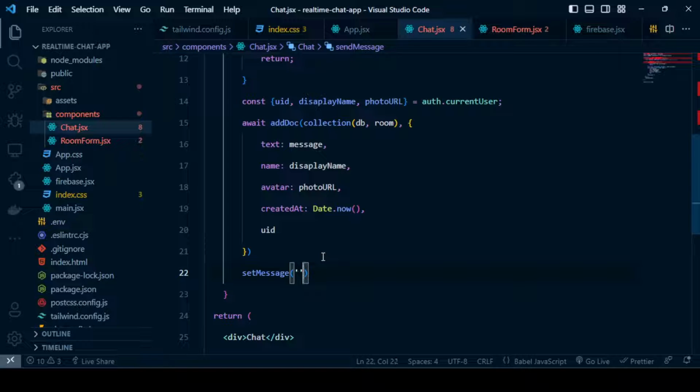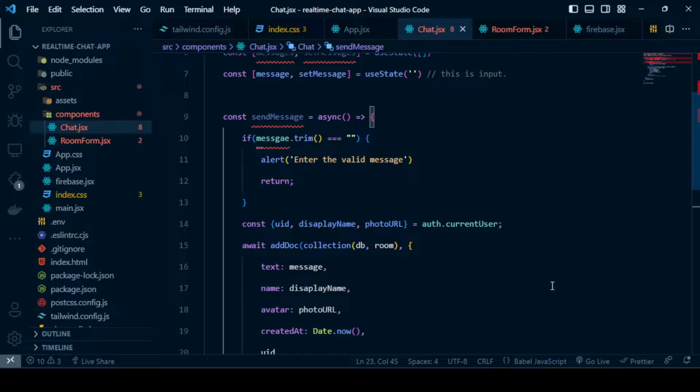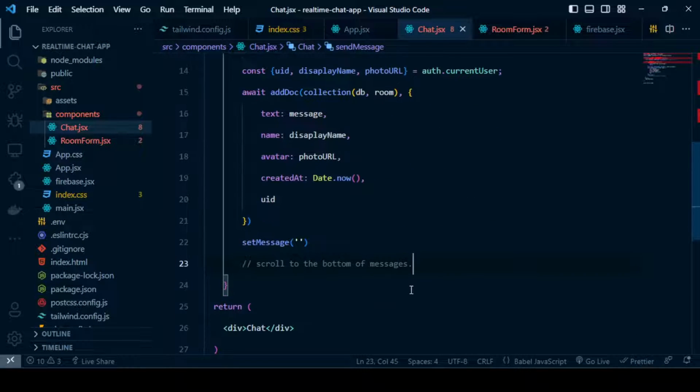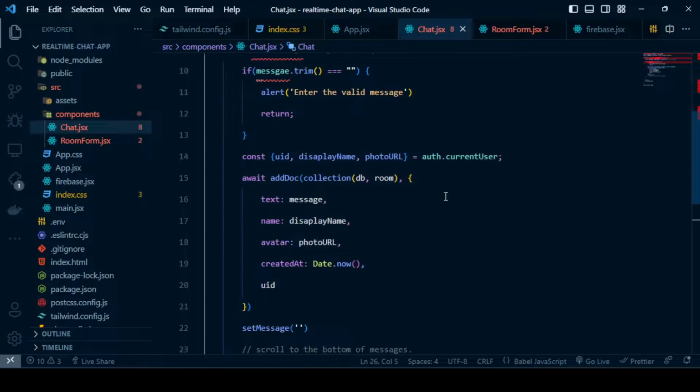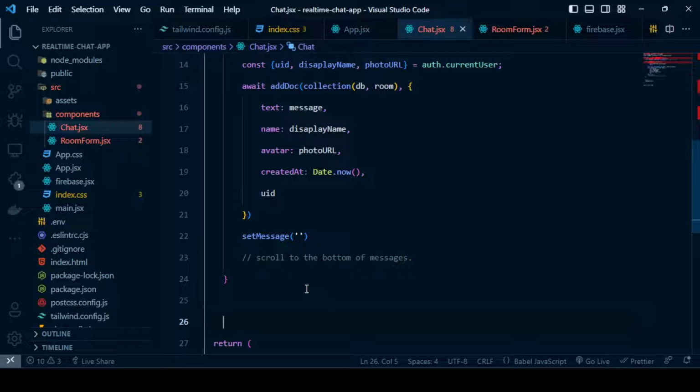Okay, and we will scroll to bottom of messages instead. So our scroll to bottom functionality is not defined, so let's define it. Basically this function is complete, only scroll functionality is remaining. And for the scroll functionality, I'll be again using the useRef. So let scrollRef equal to